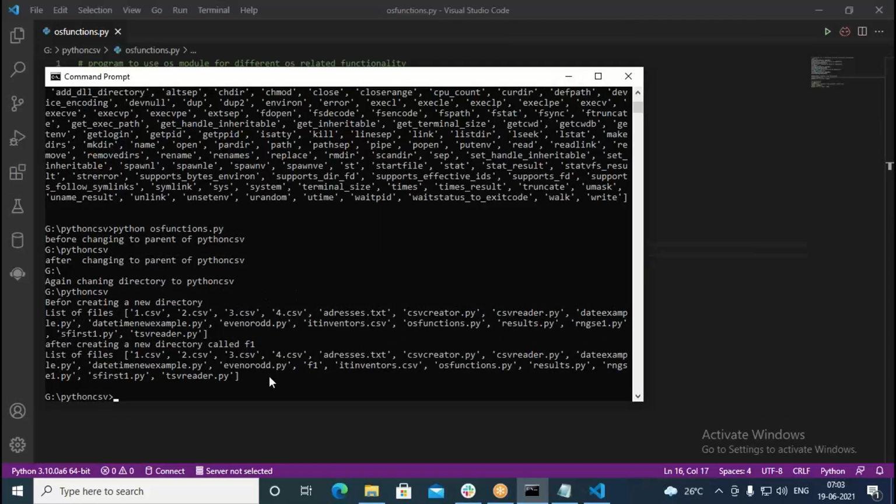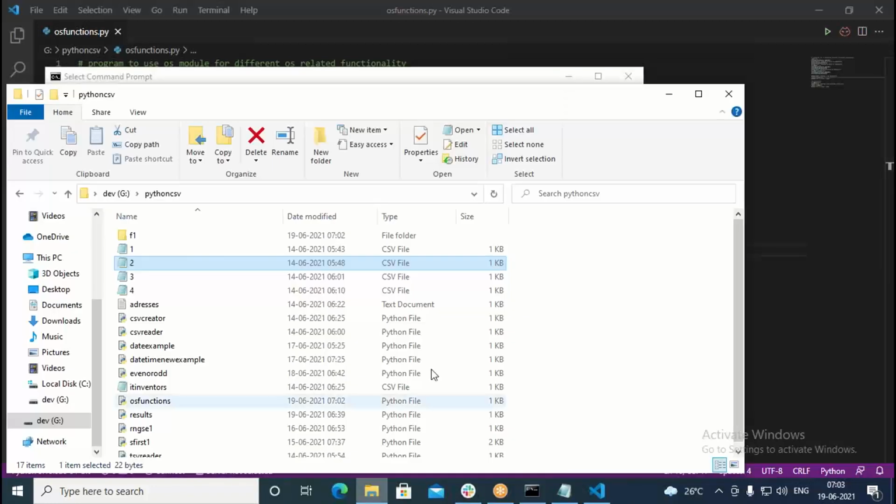F1 is available for us. But earlier, we were not having any F1. Before creating a new directory, we don't have any folder called F1, but now it is available. Even in the folder, earlier we were missing this F1, but now F1 got created.